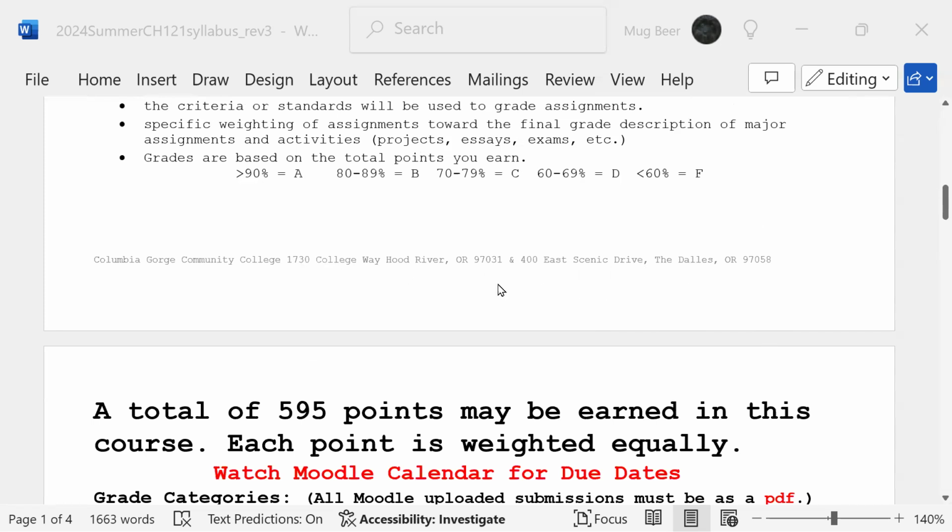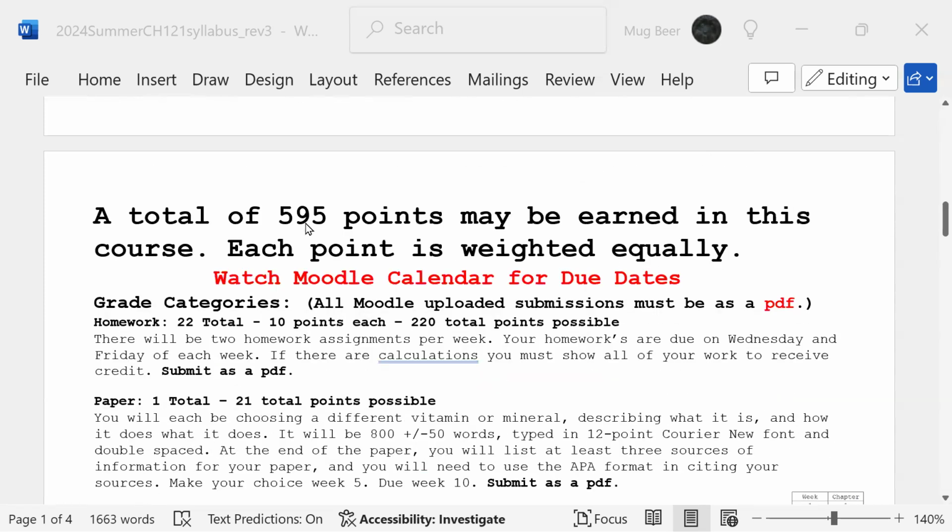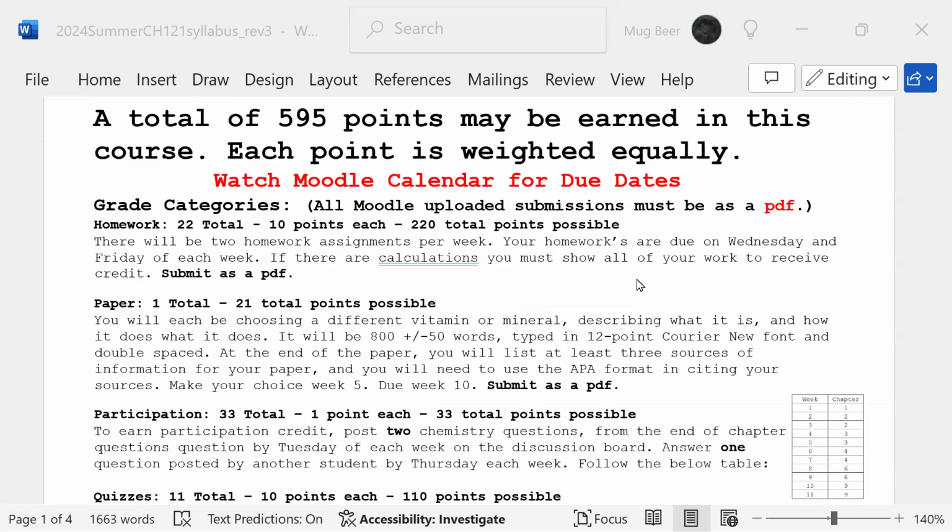Here's the college's addresses, both of them. Total 559 points you can earn. And again, all points are equal in their weight. Watch the Moodle calendar for due dates. So what you're going to be doing is